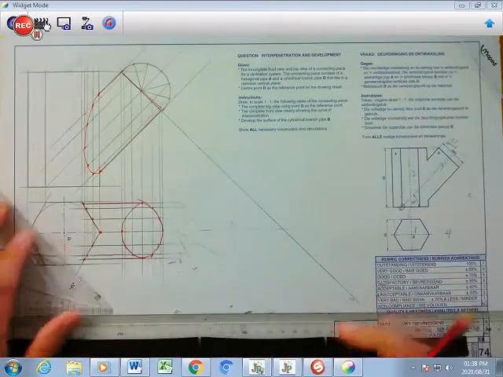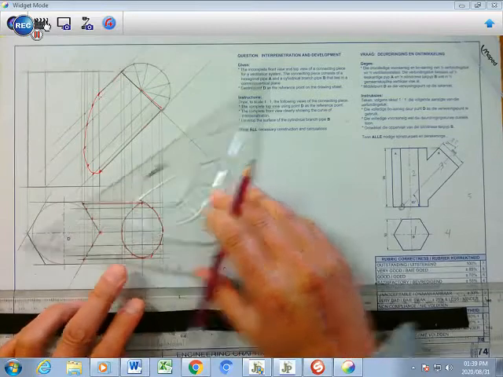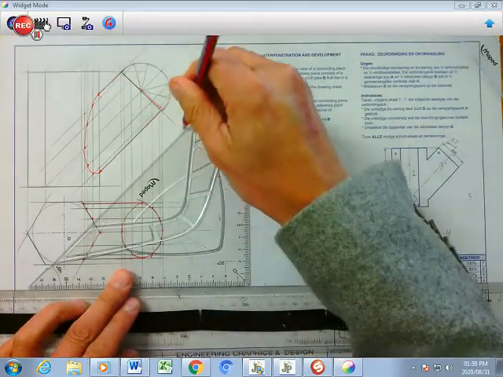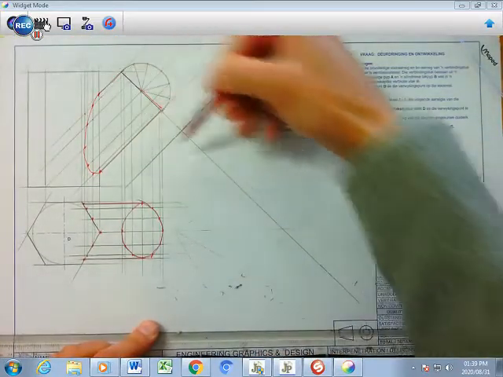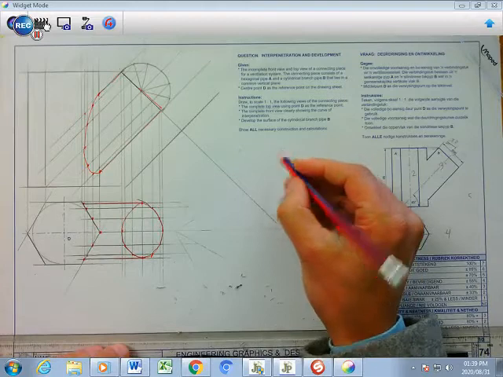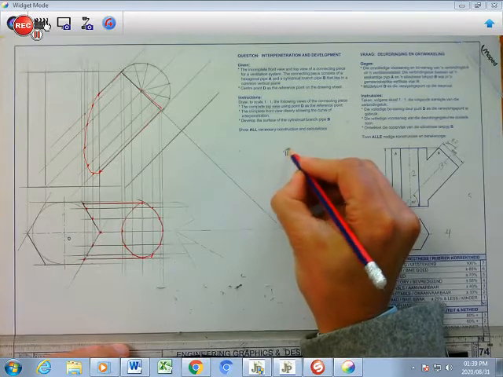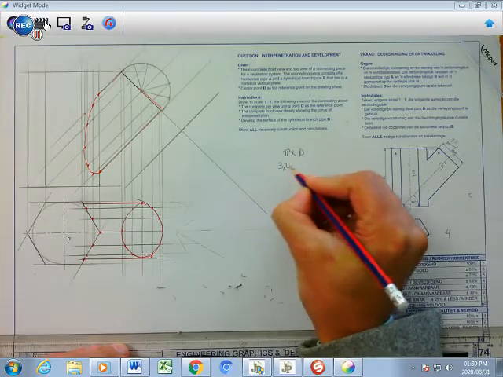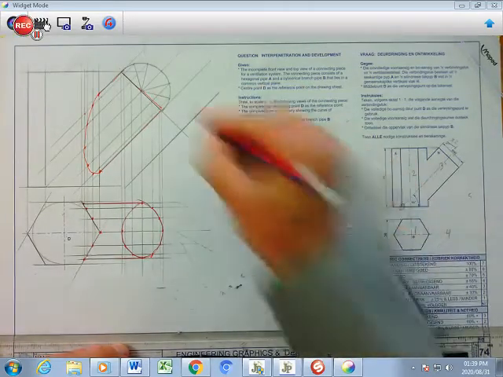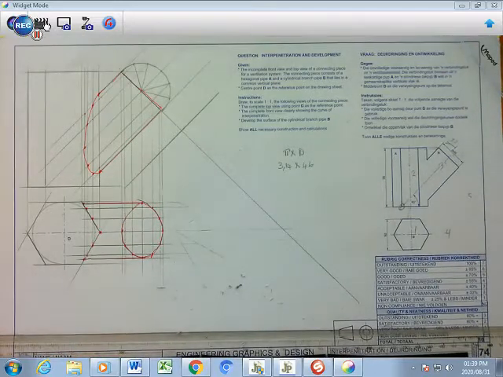And now, very importantly, you're going to have a starter line. Let's create the starter line. Let's make the starter line here. That's the starter line. And now, if you want to unfold a circle or a cylindrical shape, you need to have a calculation of pi times diameter. In this case, pi is 3.14 times the diameter, which is in this case 46. So if you take your calculator and you are going to calculate that,